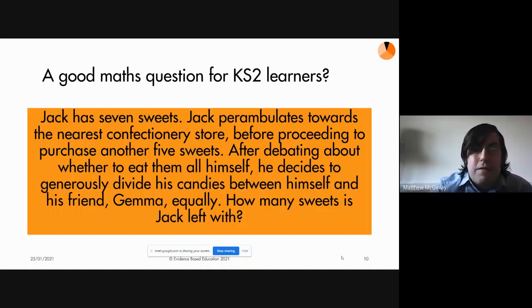Perhaps mental arithmetic. 5 plus 7, did we say? Yeah, so 12 sweets divided by 2, the answer is 6. But how many students would get that question correct? Some would, but actually we probably end up assessing their vocabulary ability rather than actually division, which is what we're intending to assess. This question might be valid for assessing vocabulary, but it's probably not a valid question for assessing